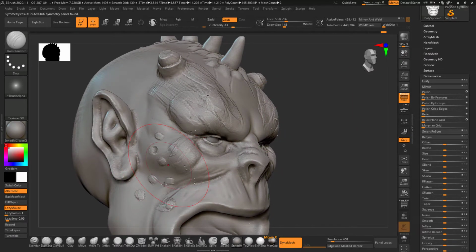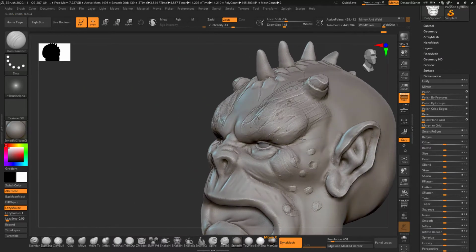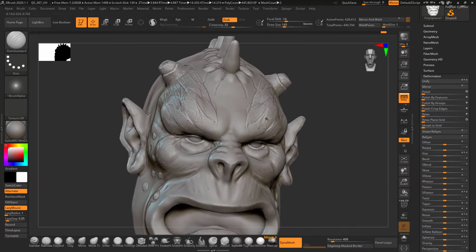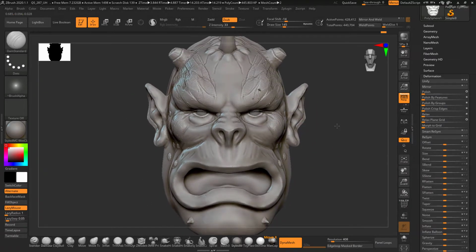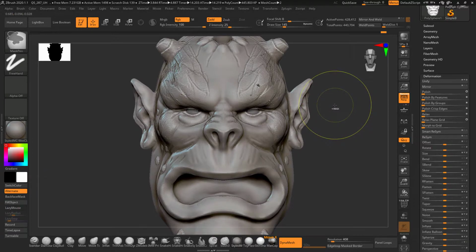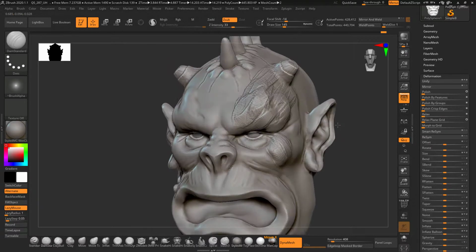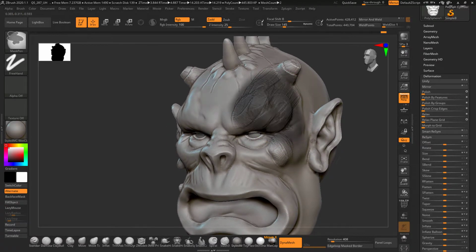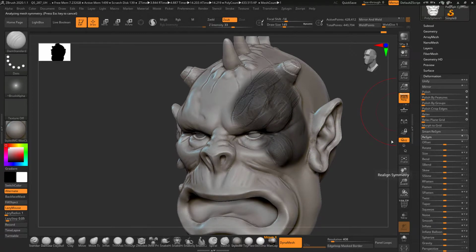It also took the information from the left side, these pimples, on the other side automatically. That's why it is called Smart Resymmetry. You can also do it manually. So basically you can select the areas which you want to symmetry, and then click on the resymmetry.